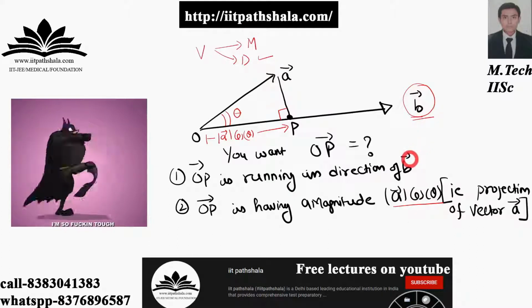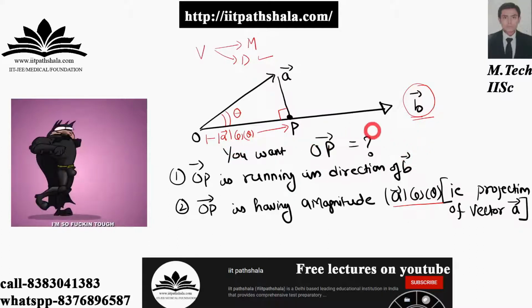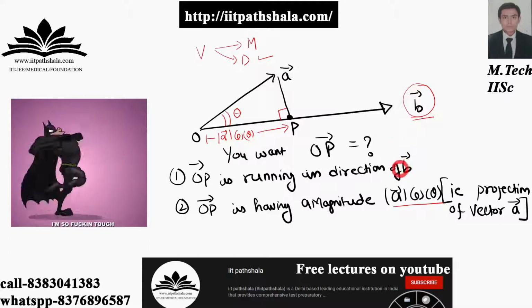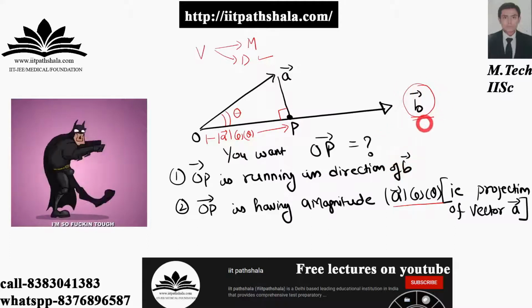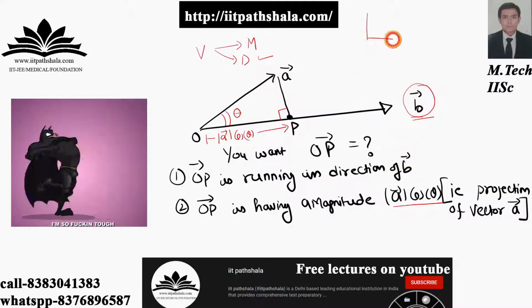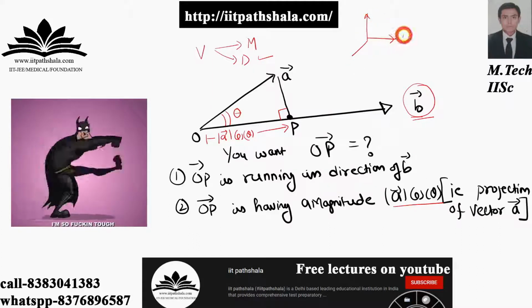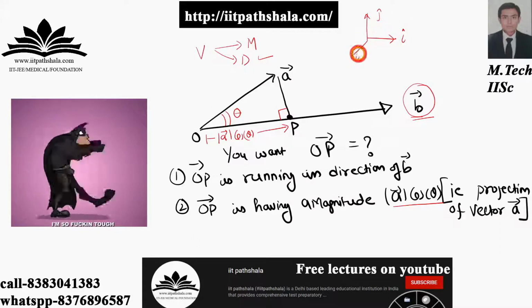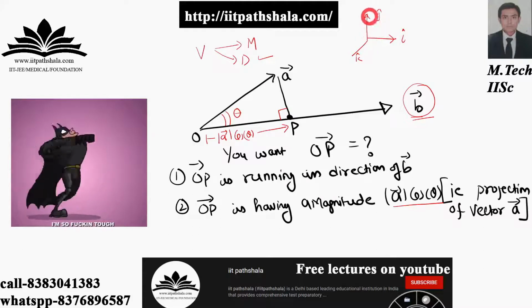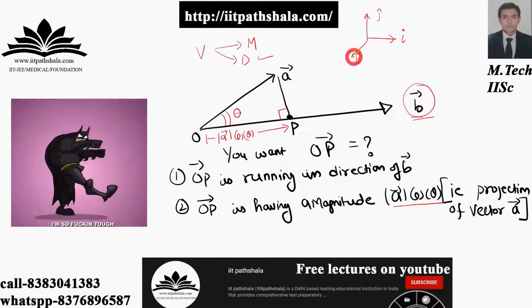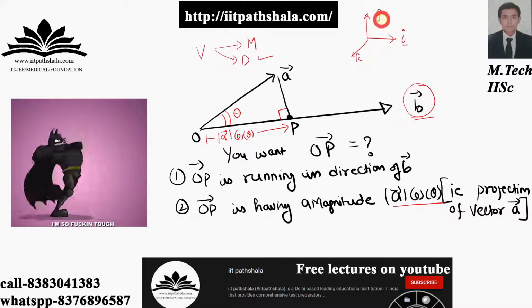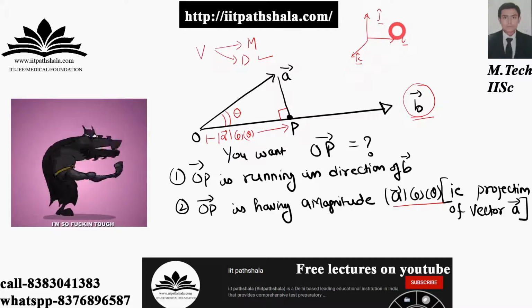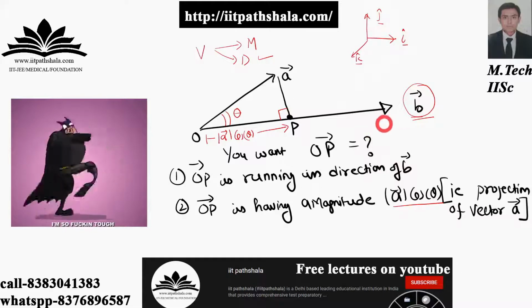But I cannot bluntly say that A cos theta is in the direction of B. I have to define it. So to take care of the direction, as you know that in the Cartesian coordinate system, you define i cap, j cap and k cap directions with x, y and z axes associated. So you are using unit vectors there. That's the point. So you must be defining a unit vector over here also.